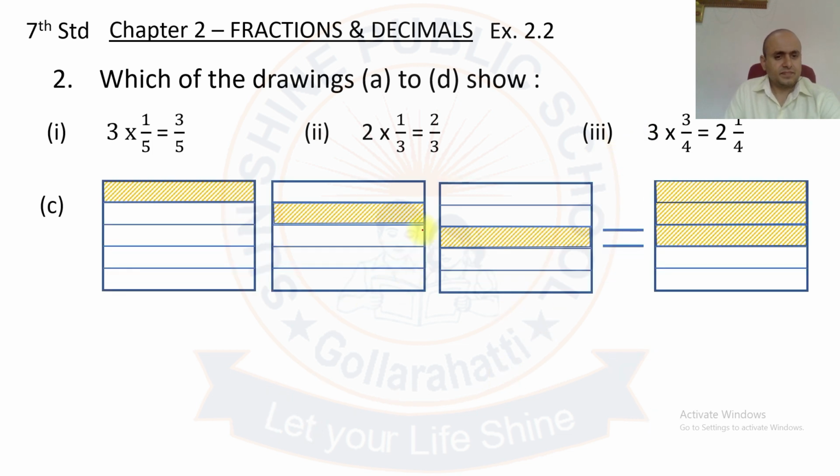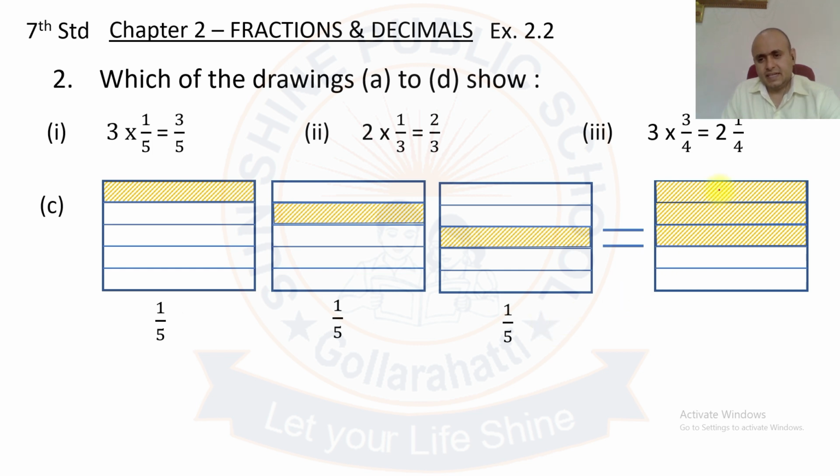Next diagram ನೋಡಿ. In this diagram they are divided into 5 equal parts and they have shaded one part that is represented as 1 by 5. So 1 by 5 ಅಂತ ಬರೀತೀವಿ. And second diagram ಇದು ಕೂಡ ಅವರು 5 parts ಅಲ್ಲಿ ಡಿವೈಡ್ ಮಾಡಿ 1 part ನ ಶೇಡ್ ಮಾಡಿದ್ದಾರೆ. So that is written as 1 by 5. And next diagram ಇದನ್ನು ಕೂಡ 5 parts ಅಲ್ಲಿ ಡಿವೈಡ್ ಮಾಡಿ 1 part ನ ಶೇಡ್ ಮಾಡಿದ್ದಾರೆ. Therefore this can be written as 1 by 5.